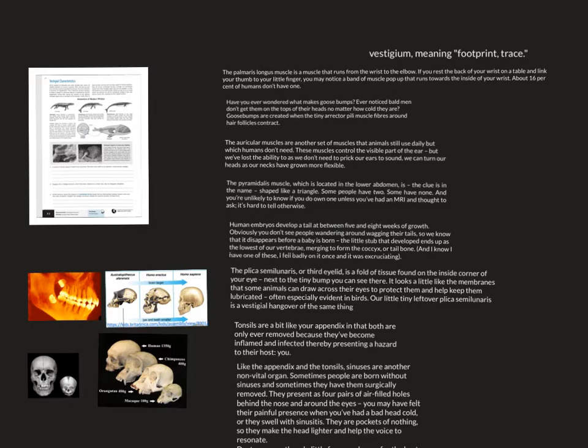My cats can turn their ears all the way around and face behind them so they can hear what's happening behind them. We can't do that. These muscles don't function that way in us anymore. Which again begs the question: why do we have a muscle that at best allows us to flinch our ears? Why is that muscle even there?